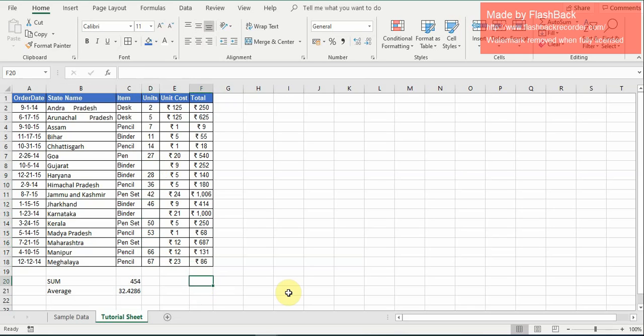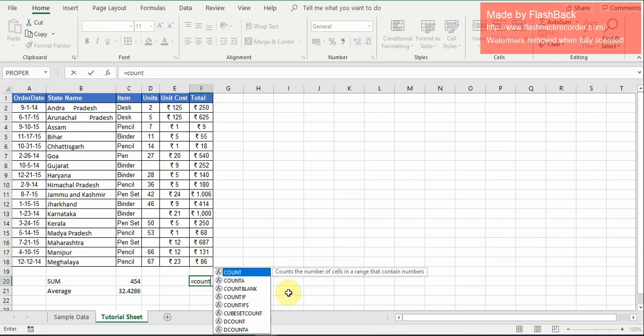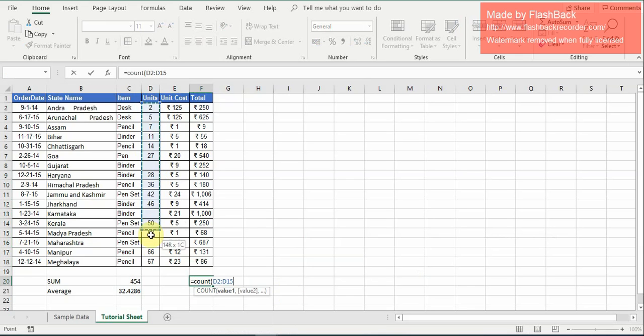So again I press equal to sign, count, open the bracket, select this range and close the bracket. Now if you see, the total count is 14. Let me add a value here, let's say 12, and the count becomes 15. So in that way you can always see the count.